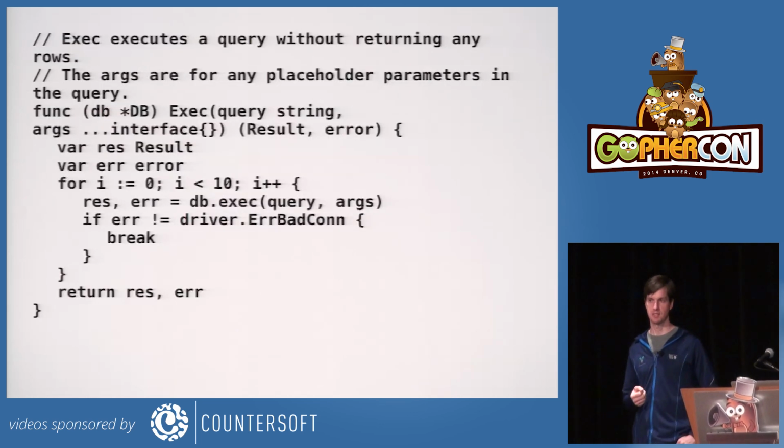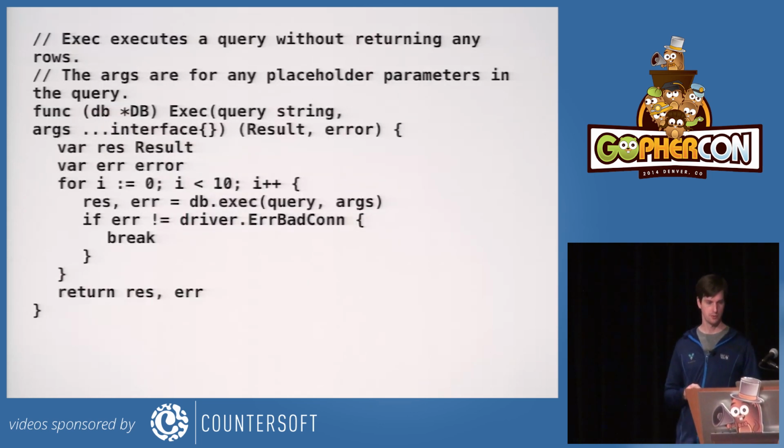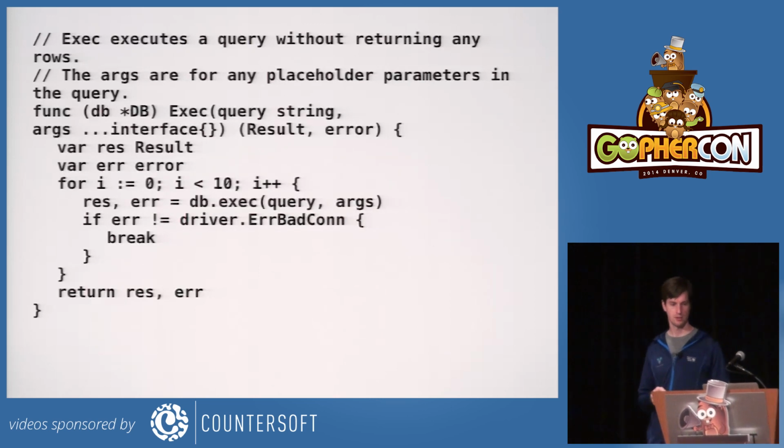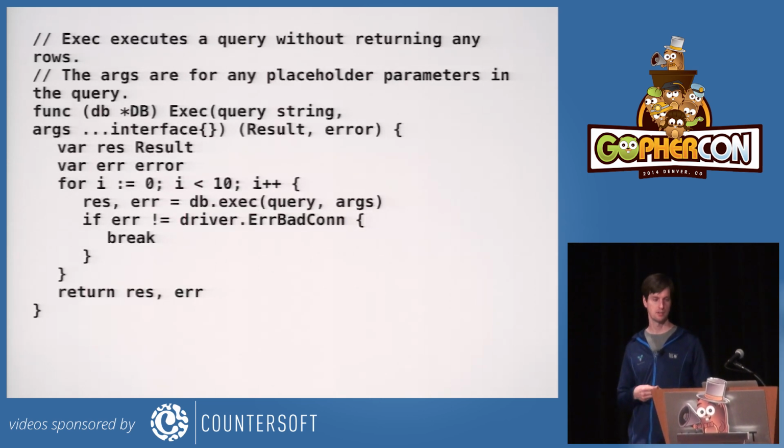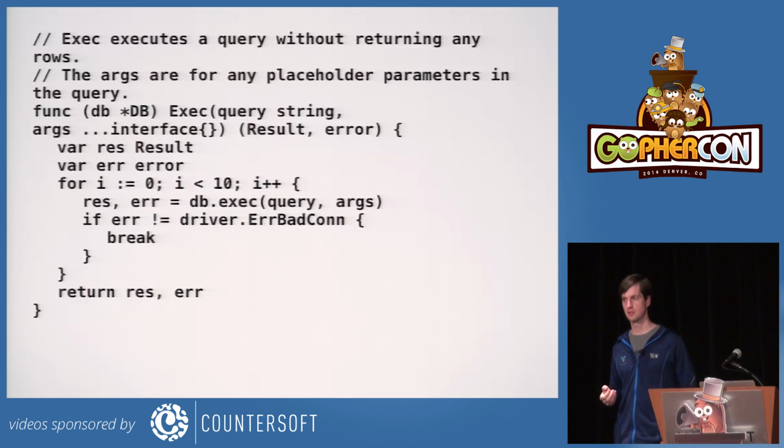So here, I've just copy-pasted from the database SQL source code, and you can see in the middle of this function, db.exec, that there's a loop 10 times over connection failures. This actually turns out that it may not, I was talking with Brad about this last night, this may not work exactly as intended if the driver doesn't return ErrBadConn in all of the intended circumstances. So the way this works with the MySQL driver right now is you can run a really bad